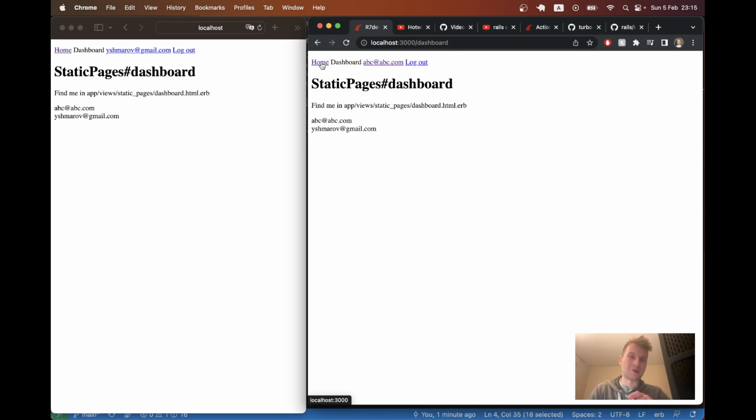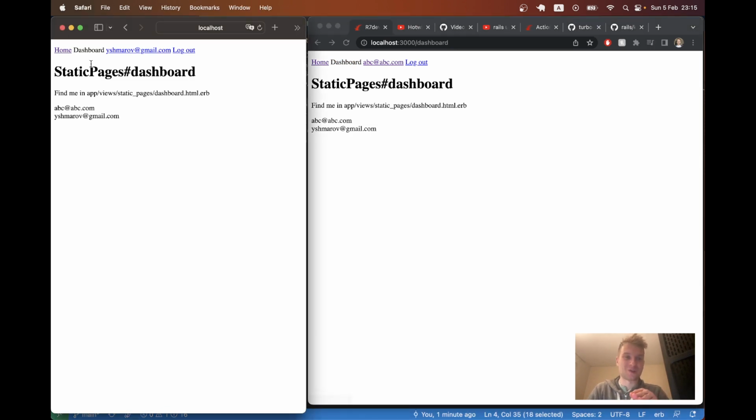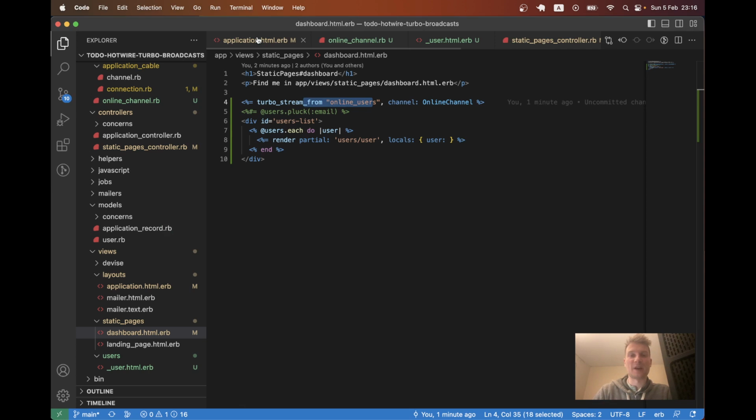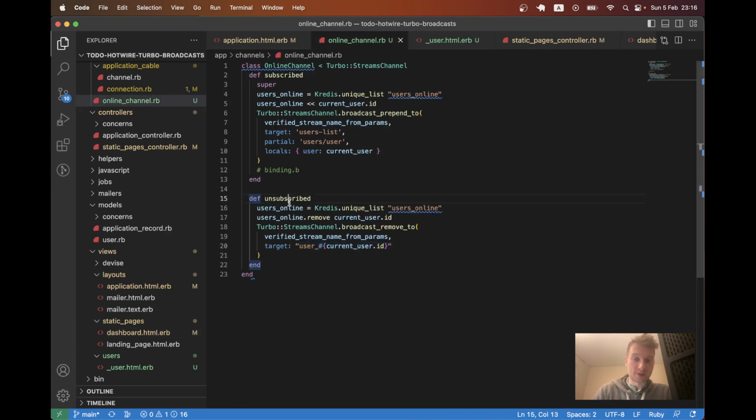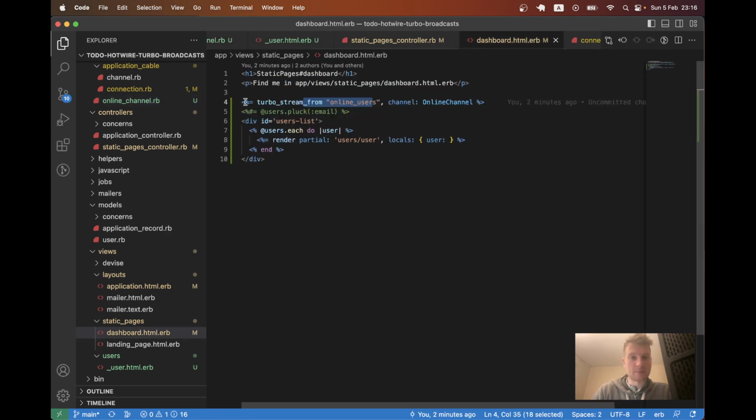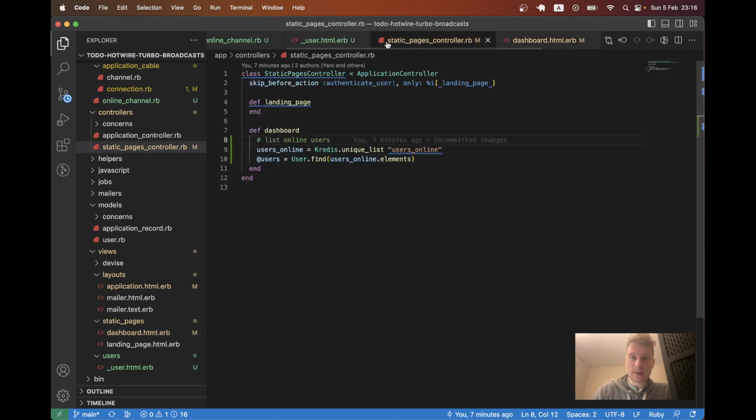So at the moment, only users that are on the dashboard page are actually online. I'll go to another page here, and you see I am not online. So it kind of works. We have tested that when a user unsubscribes from a channel, he will be removed from the list of active users. Okay, let me just comment this out because it's not the long-term right way to go,